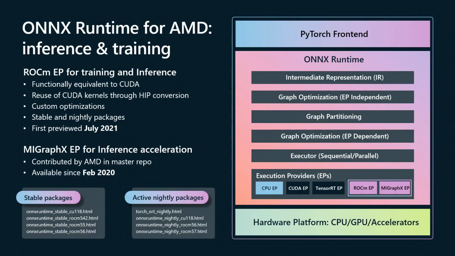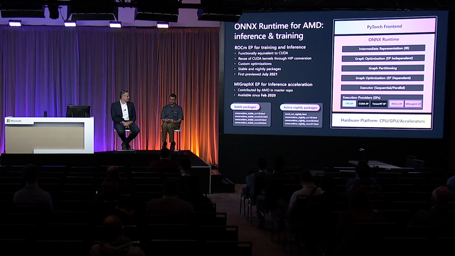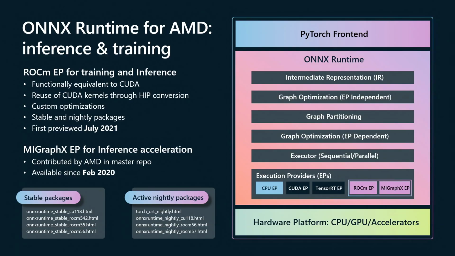The first one, which we already spoke about, is ONNX Runtime. Here at the bottom layer, you see all the various execution providers that we provide. It runs on CPU, and it's pretty popular especially for inferencing. About 2.5 years back, we added support for training also. So we brought in support for the ROCm execution provider, which a bunch of our engineers at Microsoft built. And we are happy to receive contributions from AMD on the MIGraphX execution provider, which is for inference, whereas the ROCm execution provider supports both training and inference.